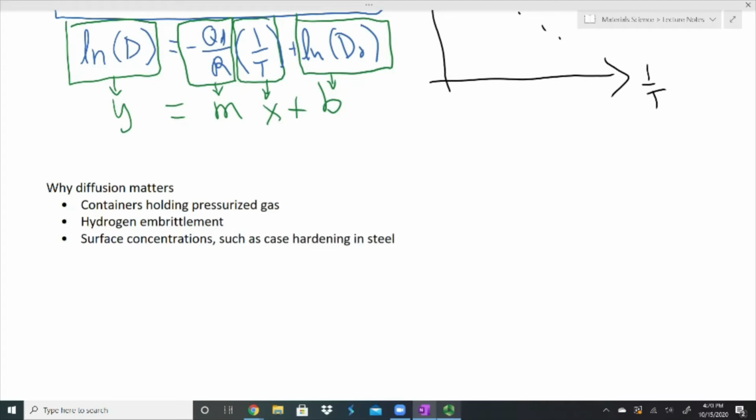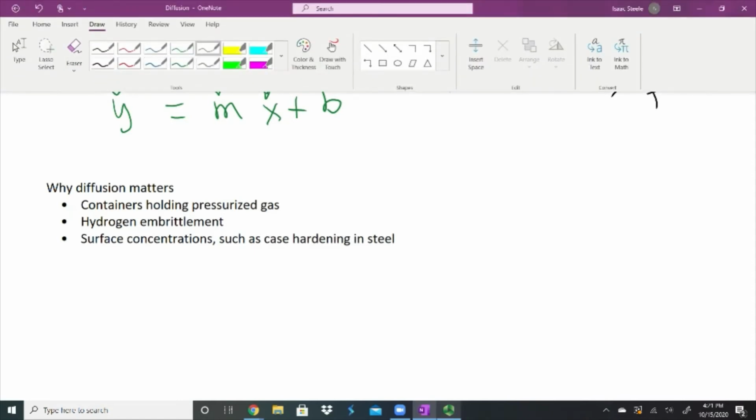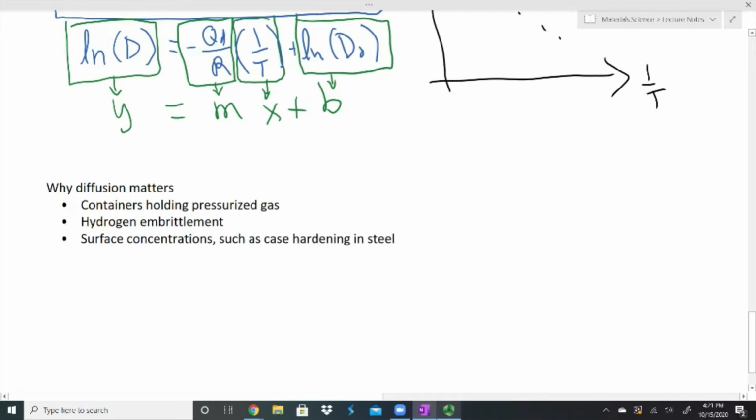Hydrogen embrittlement. When hydrogen diffuses its way into a lot of materials, it gets brittle. The material starts to break down. And so that is important, understanding how that diffusion happens. And also maybe changing surface concentrations, such as case hardening in steel. The idea here is, and we'll talk about this when we get into properties a little bit more, if I have some steel here,